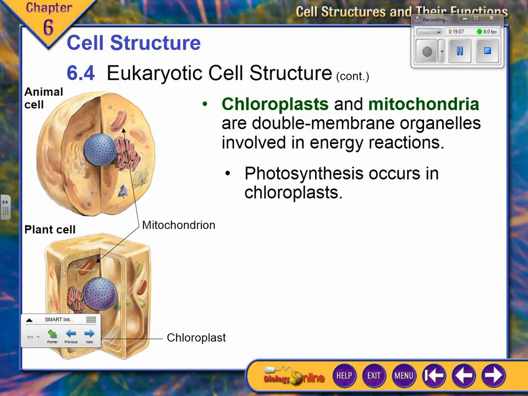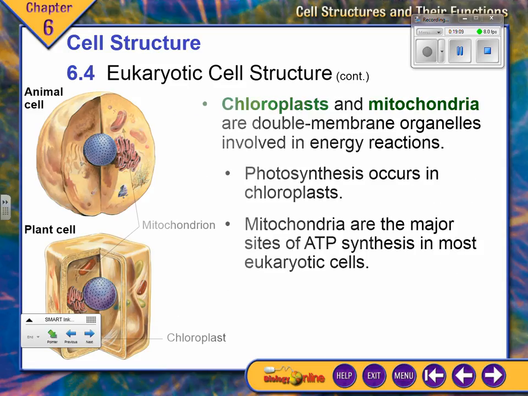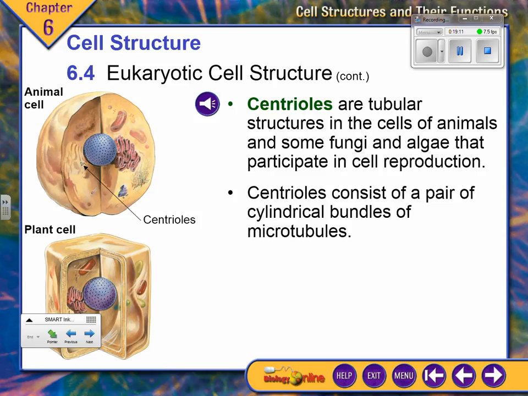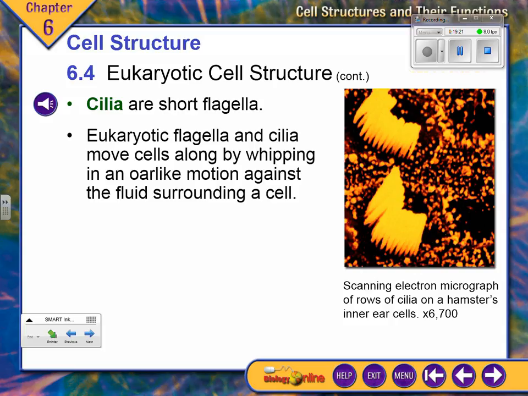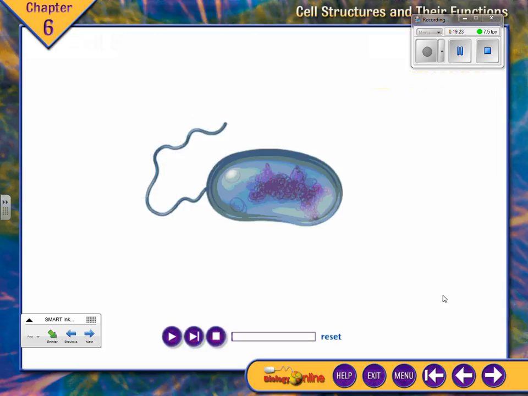You know a lot about chloroplasts and mitochondria, I hope. If not, please read some tonight. I mentioned a teeny bit about centrioles. That's for cell division, and it gives sides to the cell. Also, there's cilia for movement, and there's flagella, and that's where I'm going to stop. Okay? So that's the end of part